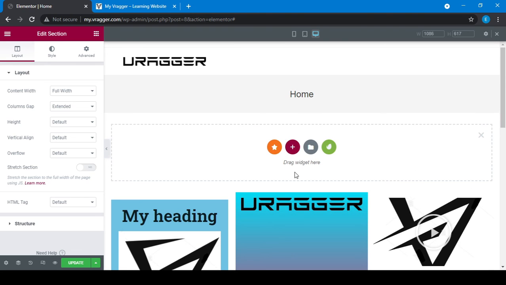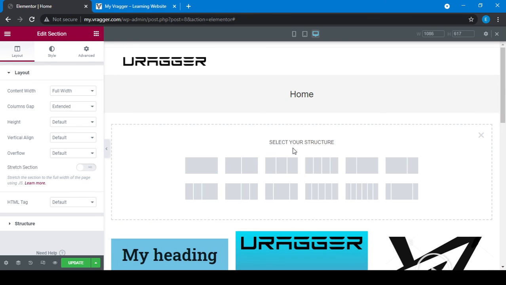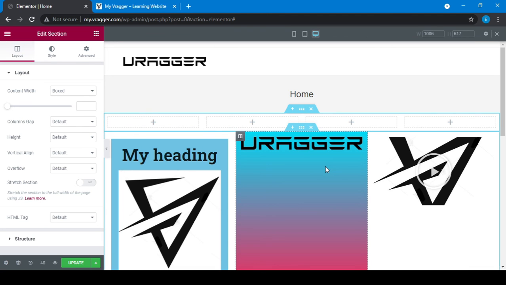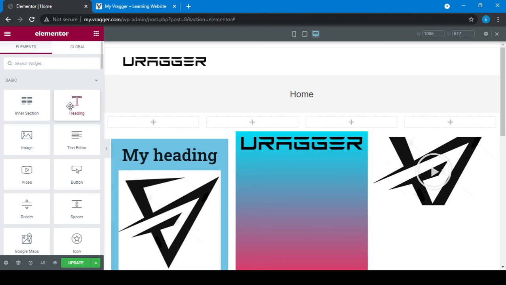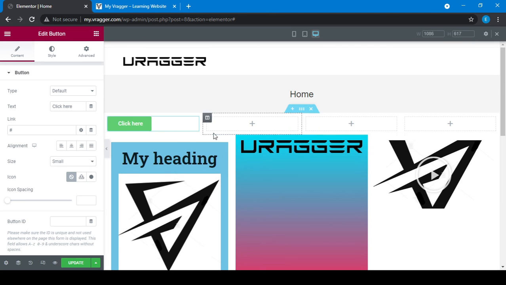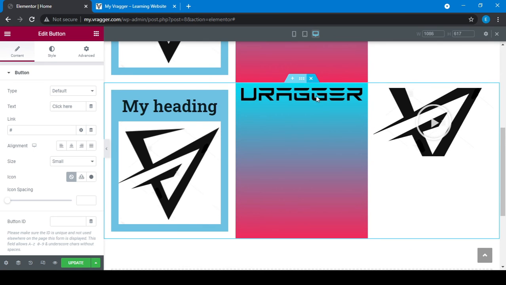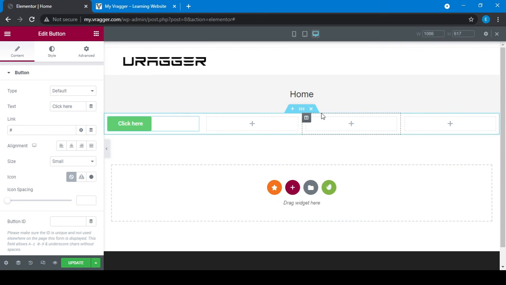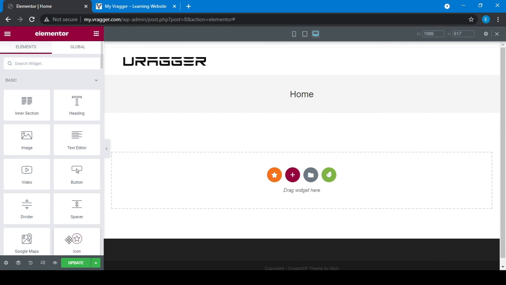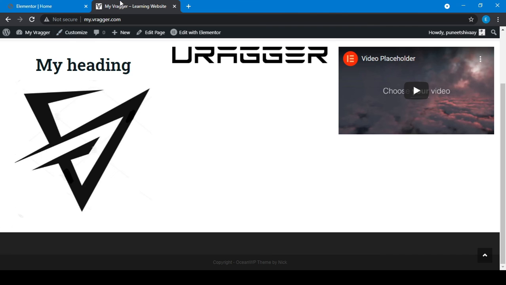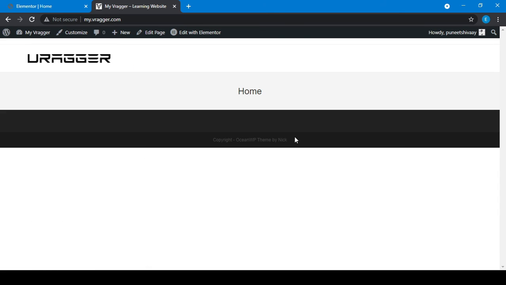If you want to add another section above this section, you can just click on this. Here add two, three, four, whatever number of columns you want, and same as whatever you did, you can add any button, any image, whatever you want, and you can link them to another URL, another page. Let me remove these things. We will do it later. It's looking so ugly. Let me go to this page and refresh it. Yeah, fine. So it was just the basic working of Elementor.